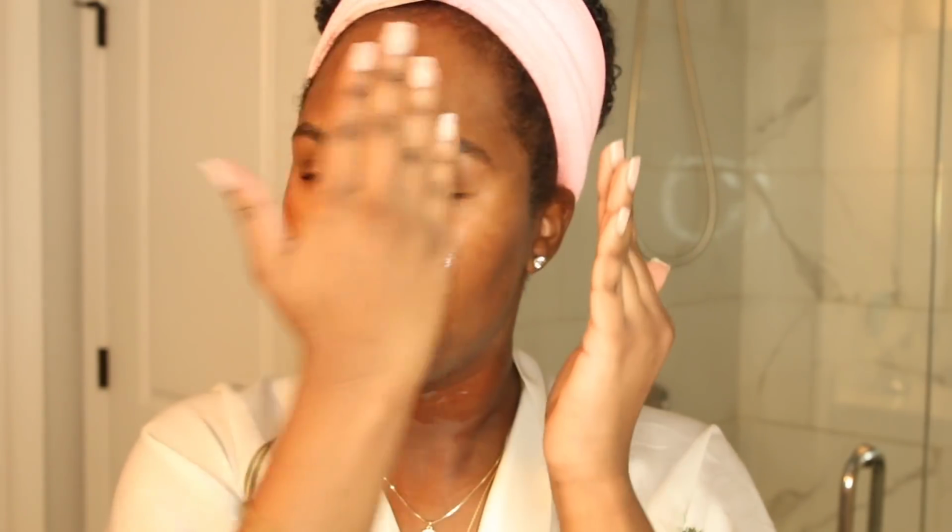So I like to pat this all over my face. It kind of feels slimy a little bit in a way, but it doesn't stay slimy or sticky after it absorbs into your skin. So I also take some of this under my eyes a little bit and on my brow bone. This just keeps me nice and plump and lifted. My smile lines, can't forget that. Okay,